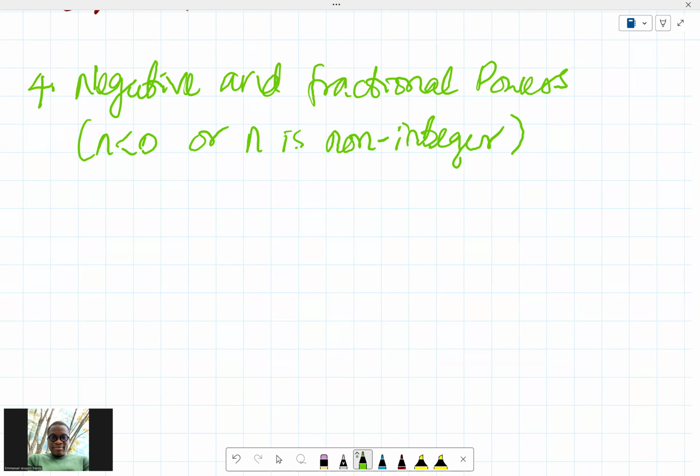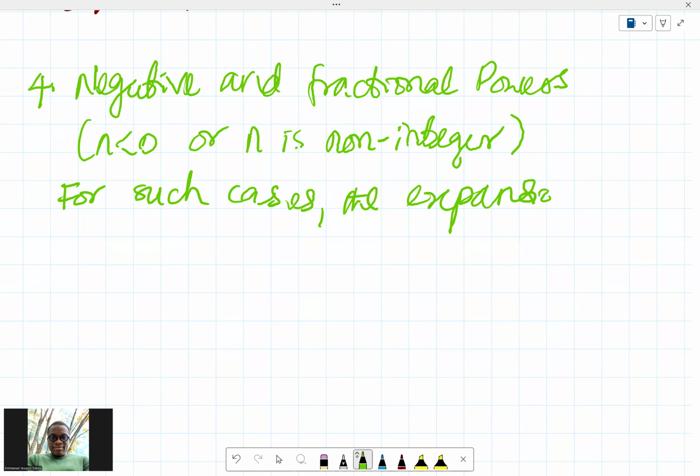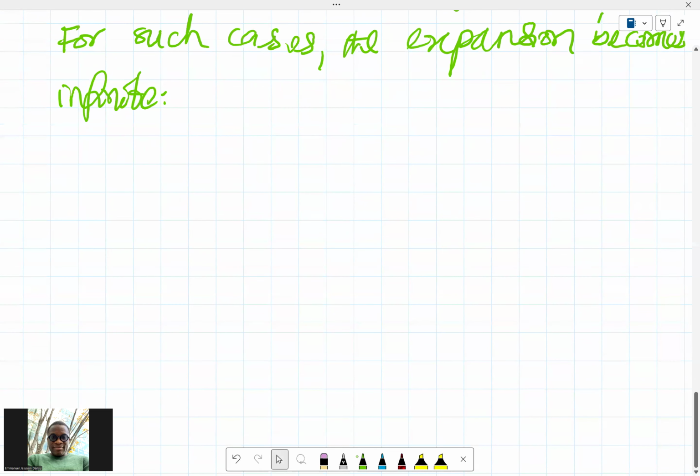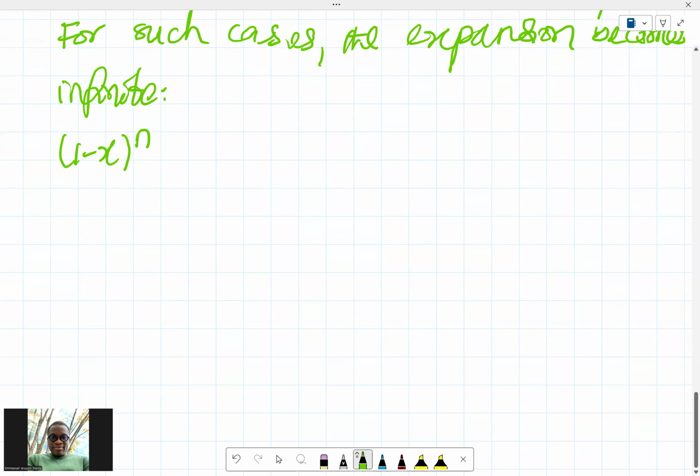So in that case, for such cases, the expansion becomes infinite. Okay. And it is such that you have 1 minus x raised to power n, and that would be